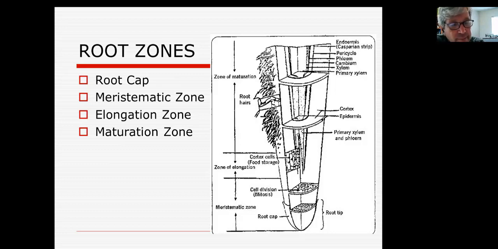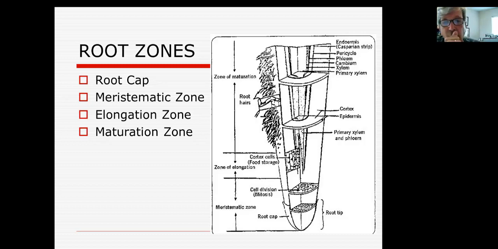And then we have an area right behind it, which is called the meristematic zone. A meristem means a growth zone, where new cells are being formed. A meristem is where new cells are formed, an area of cell division or mitosis. So you have these little tiny cells whose whole job in that section is just to divide and make more, and divide and make more, and divide and make more. And as they do, the new cells are being formed and pushed further down into the soil. So you're actually seeing that, and that's why a root grows down, because new cells are being formed at the tip